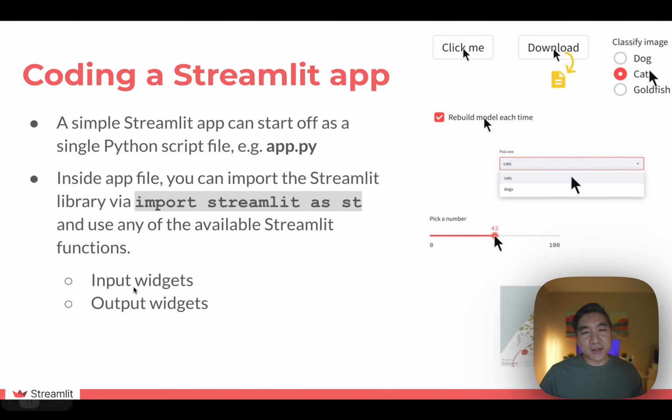So in a nutshell, a Streamlit application starts off as a simple script file that you could create using Python. So you could create app.py, and then inside you could use the import statement and then literally just write up your workflow in Python. You could add interactive input and output widgets in order to accept input from the user, pre-process that, and then make the output that the user will be able to see and interact with.